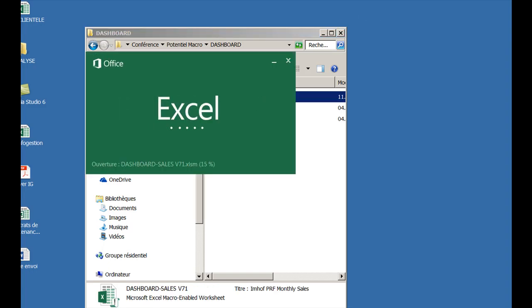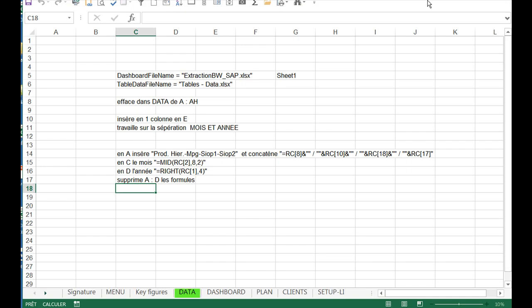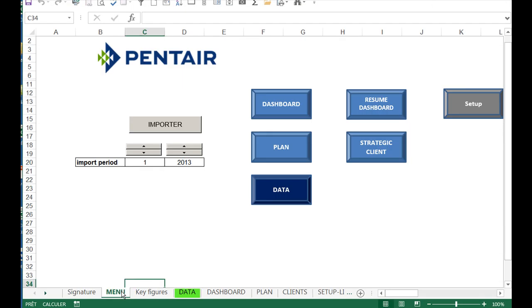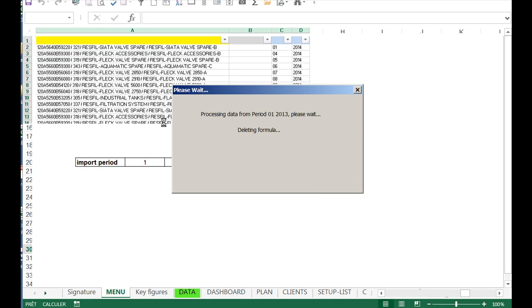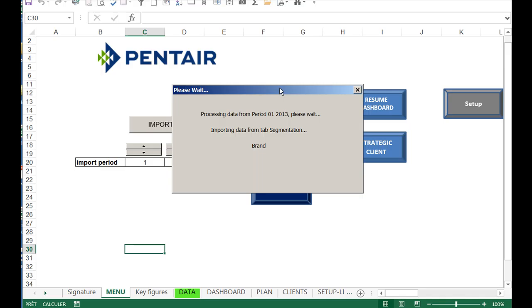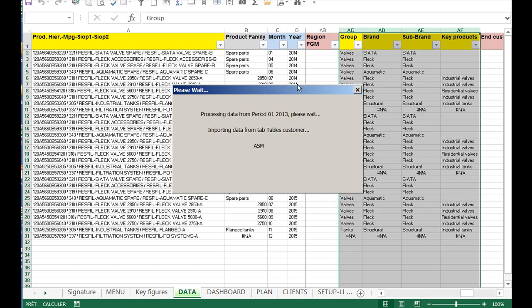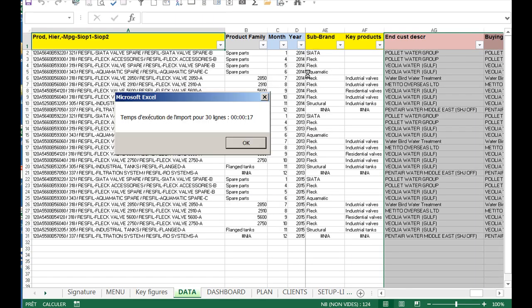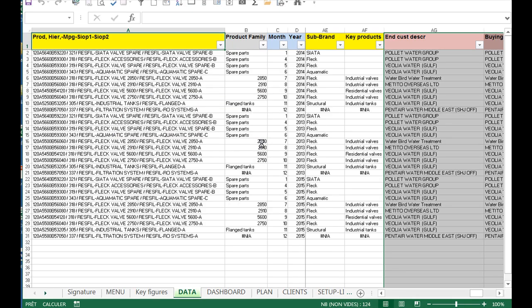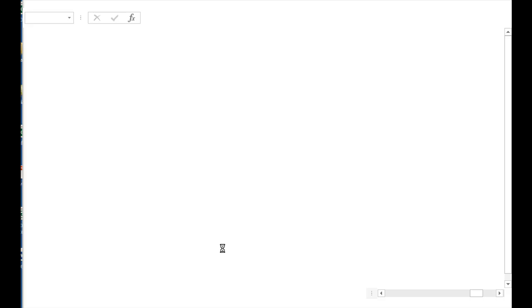Then he opens the dashboard models and goes to the menu here. They just click here and he imports and organizes all the database from the two spreadsheets that you just saw before. Then we can go directly to the dashboard here,